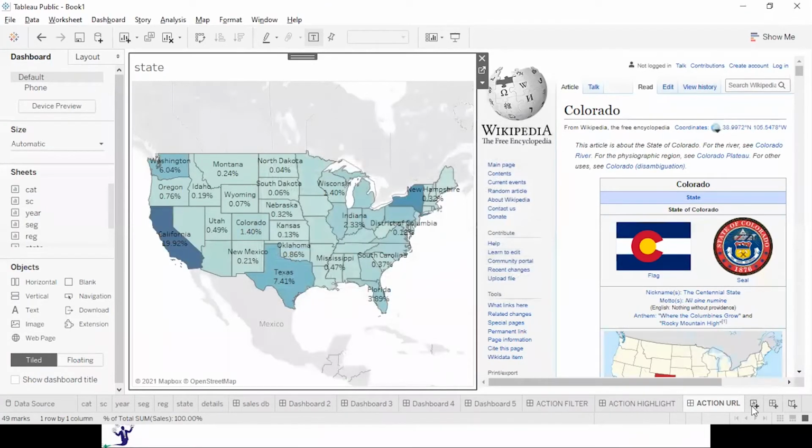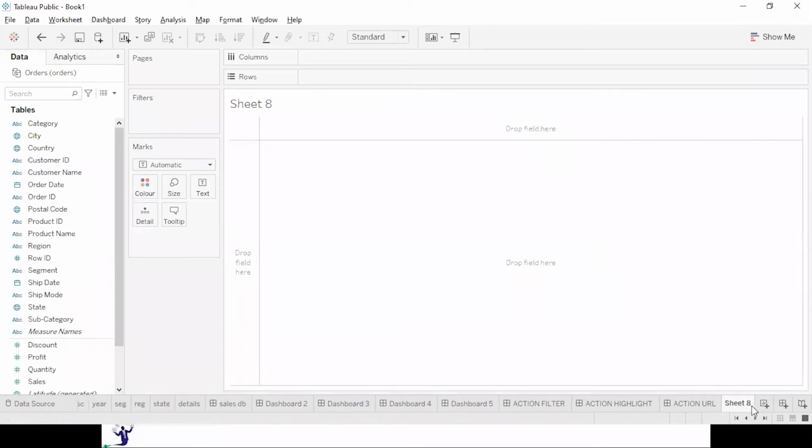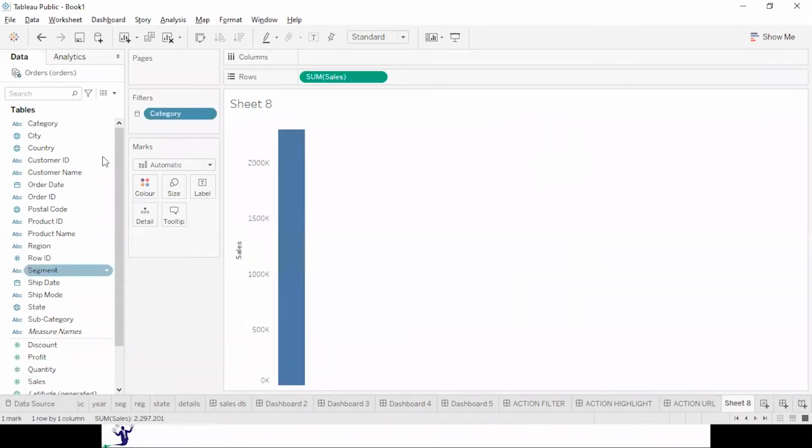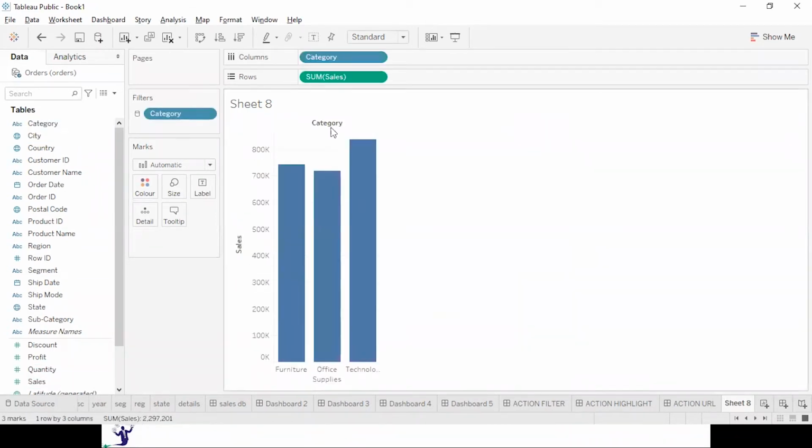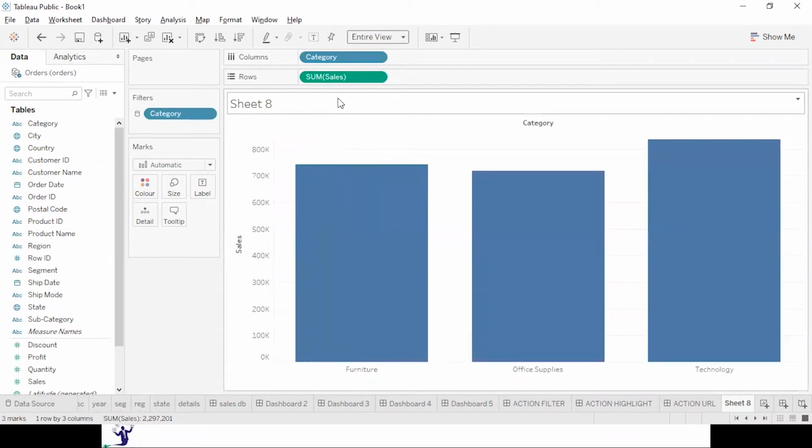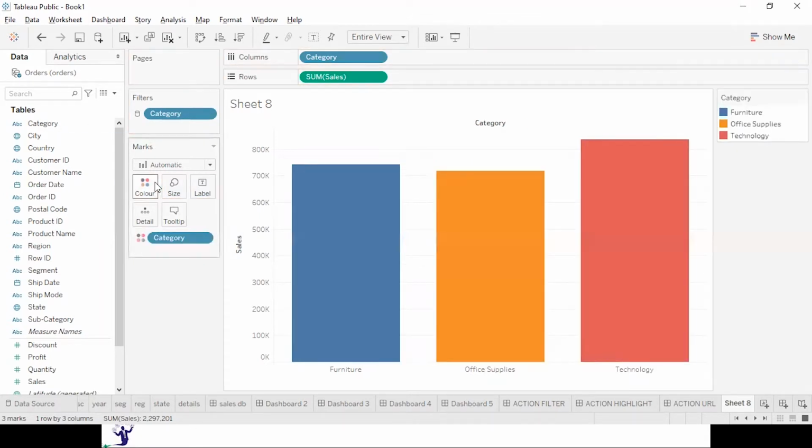I would like to take a sheet over here with sales on the basis of category. Let's make it as an entire view. Okay, right, let's create this. Let me put the category into the color.